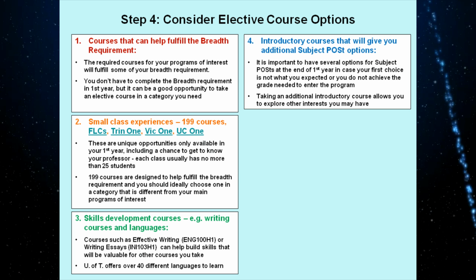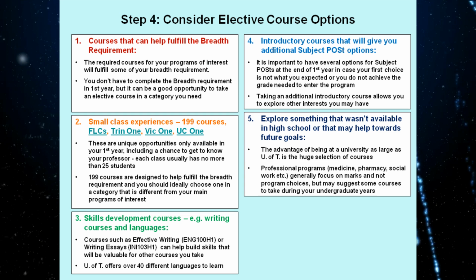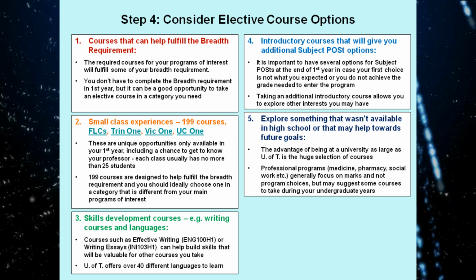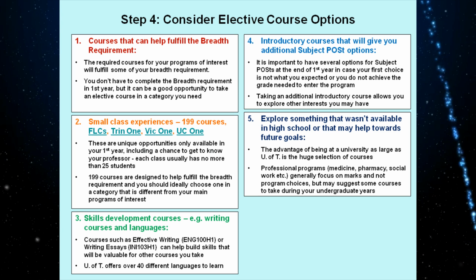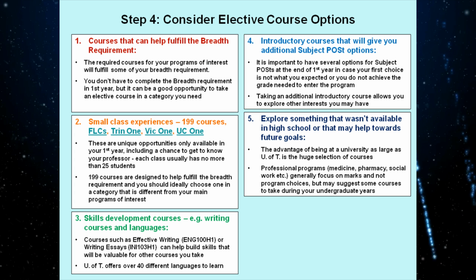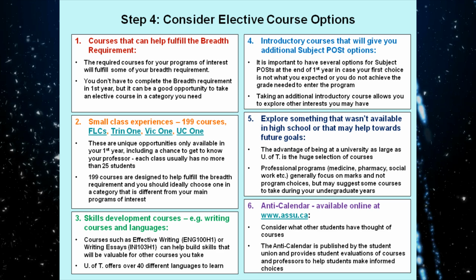You might want to take introductory courses that help you get additional subject post options. You also may want to simply explore something that wasn't available in high school or that may help towards your other future goals. The advantage to being at U of T is that you have a huge course selection, so take advantage of this. The ANTI calendar is available online at